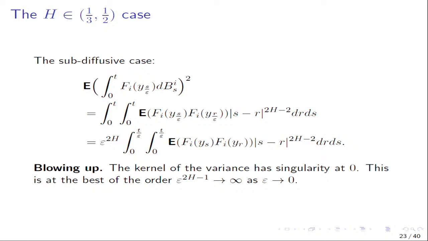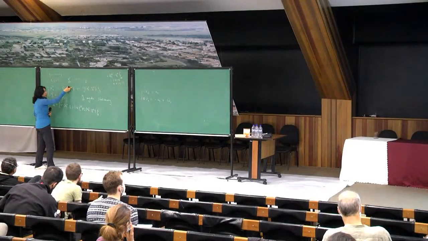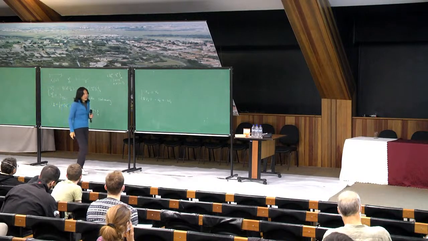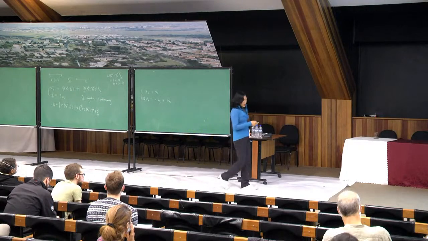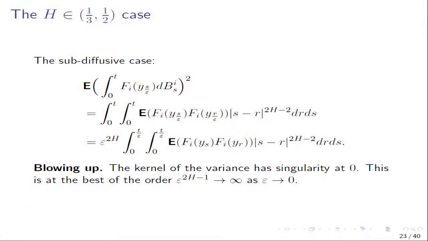Now, for H between a third and a half, we made a sanity check to see whether that's going to be convergent. In this case, the difficulty would come from G. We can try to forget that part, and so we take the Brownian motion part. Suppose Y and B are independent. This is just a Wiener integral. We can treat it as a Wiener integral. And the variance,